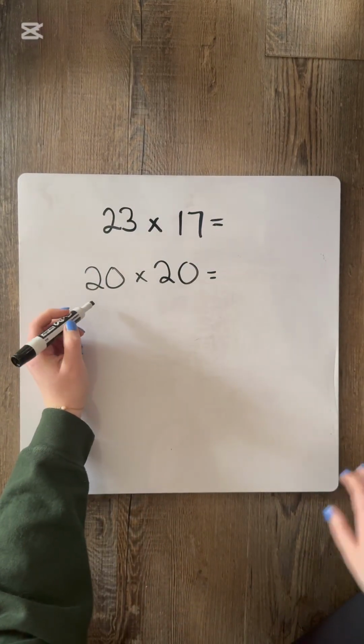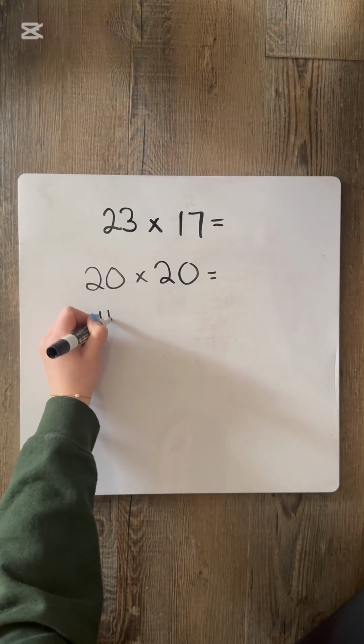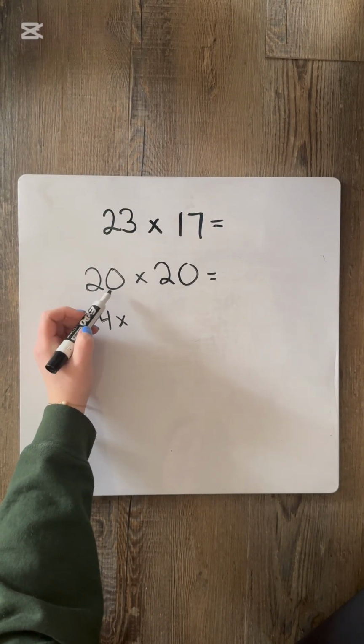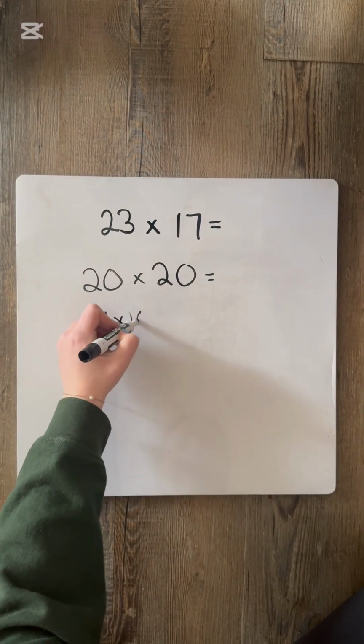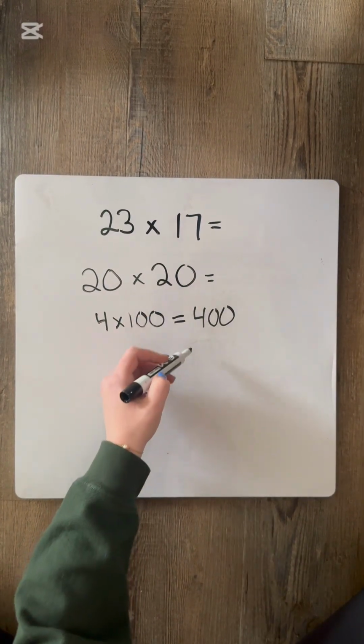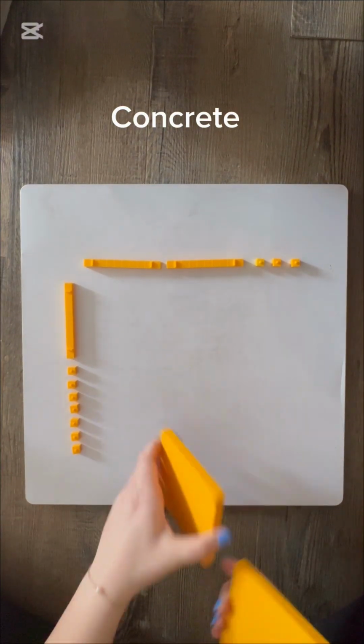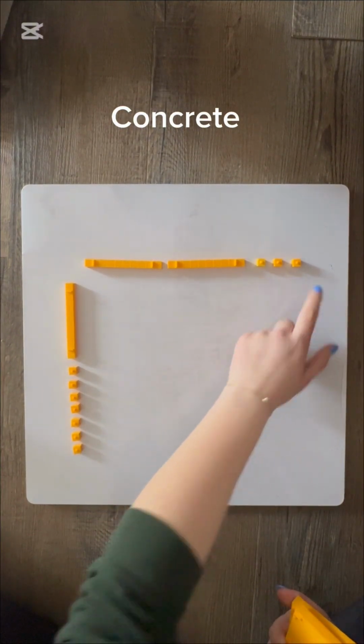Put my equal sign. So I'm going to do 2 times 2 is 4. And because I have 2 zeros here, I need to multiply by 100. So 4 times 100 equals 400. And that's my estimation. My area model of 23 times 17, I have 2 rods and 3 units, and 1